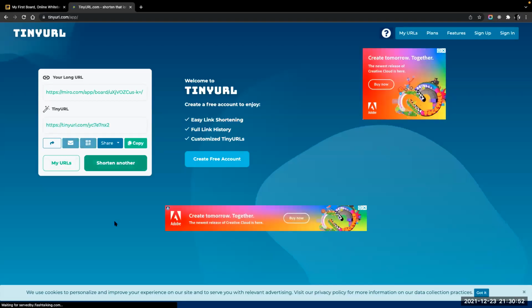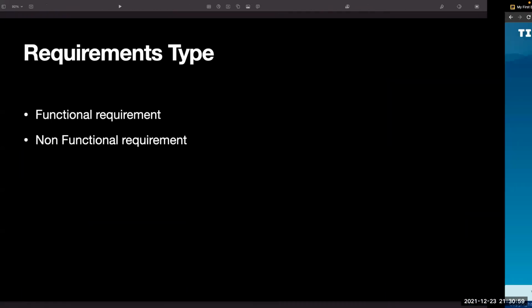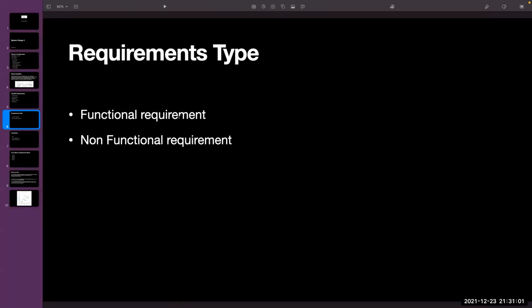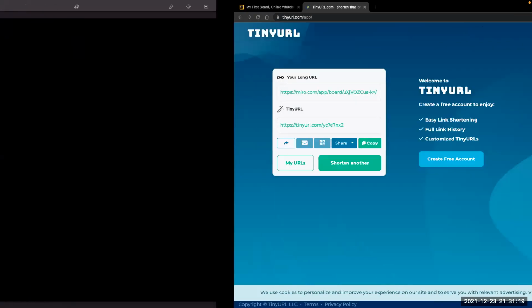And non-functional requirements are about things like how many people are going to use this website, how strong the connection should be, and when I click on shorten, how much time it should take to create the tiny URL and come back, the complete latency. These all come under non-functional requirements.